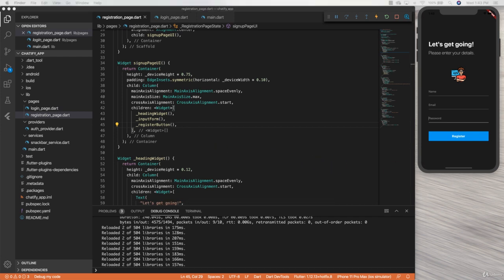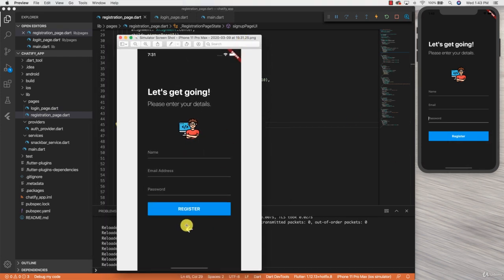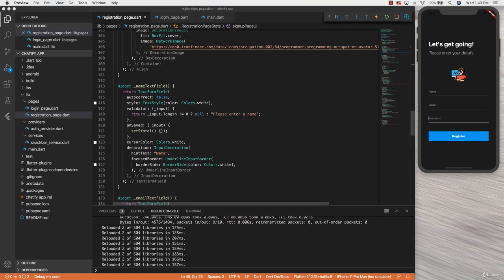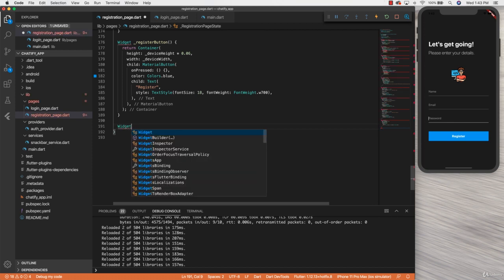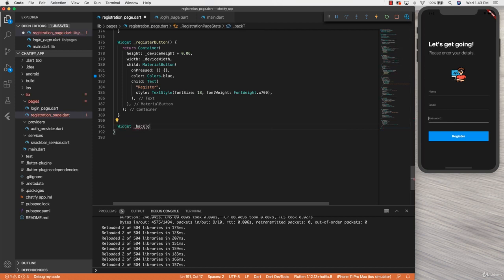Okay, so the last thing that we have to add is this button that once clicked will take us back to our login page if we accidentally came onto our register page. So for that, we're going to create a new function, and I'm going to call this function back to login page button. So I'm just going to do widget, and then back to login page button. And then once we have this function, the next thing I'm going to do is return a container. This container is going to have a height, and the height is going to be the device height